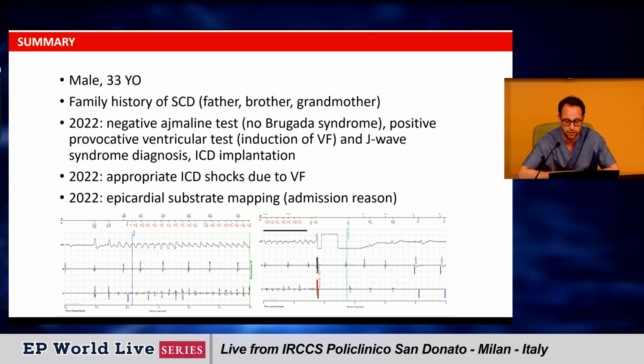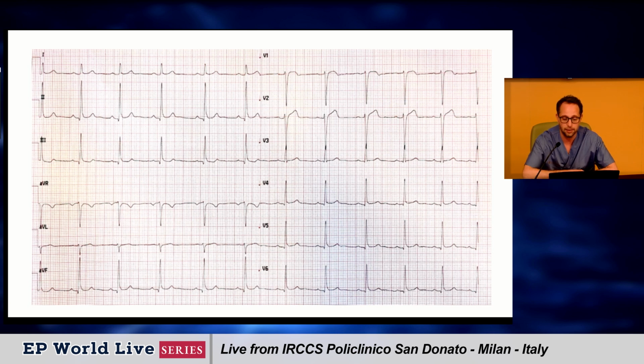for catheter ablation. Here, considering the case we have treated today, I also show you other cases we have performed in mapping and ablating J-wave syndromes or early repolarization syndrome patients. This is a patient of 33 years old with a family history of sudden death and appropriate ICD shocks due to VF in 2022. And at that time, 2 years ago, we admitted this patient